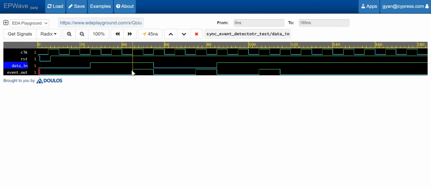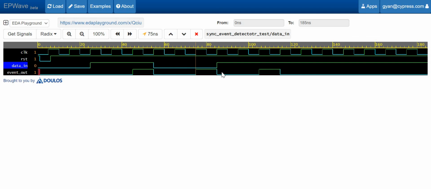Here it will get registered, and the synchronized data in value will go through the XOR operation, and for this clock period we will get the pulse. So this pulse will get shifted by 2 clock cycles if we introduce the 2D flip-flop synchronizer in our data in path. Similarly, whenever there is a transition from high to low, after 2 clock cycles we again see a pulse generated here. So the pulse gets shifted by 2 clock cycles when we introduce the 2D flip-flop